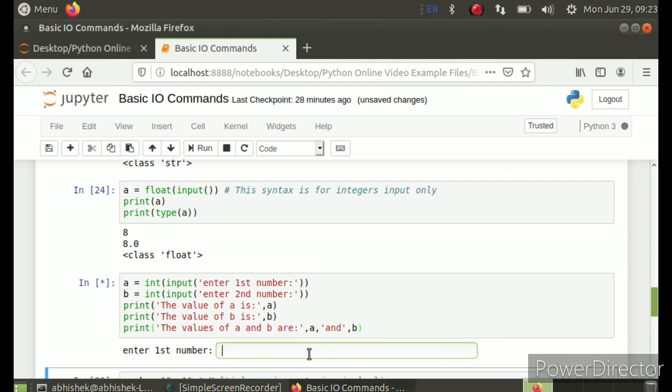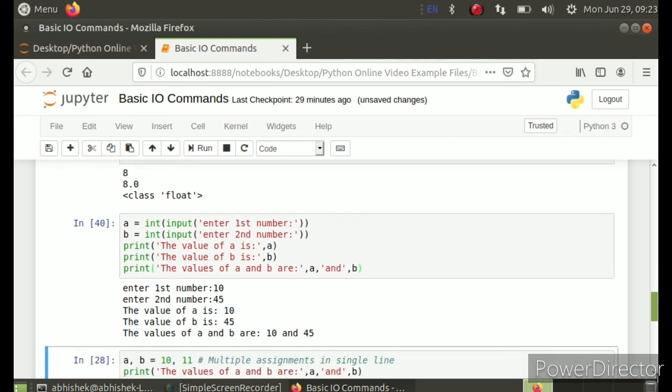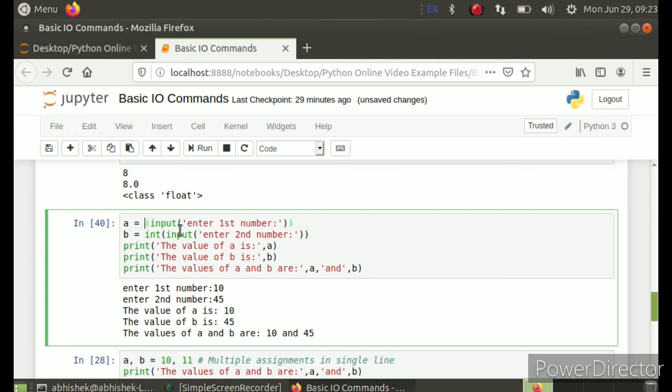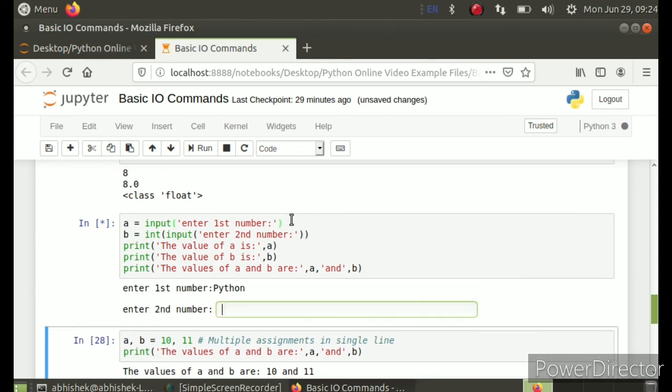Now you can see the message here. Earlier it was only a text box. Now you can see the message is also being prompted. Enter first number, enter second number. Again, this is to make your code more meaningful. Nothing fancy about it. You can simply write input. Okay, let me remove this int. Now I can write only a string, a non-integer value.